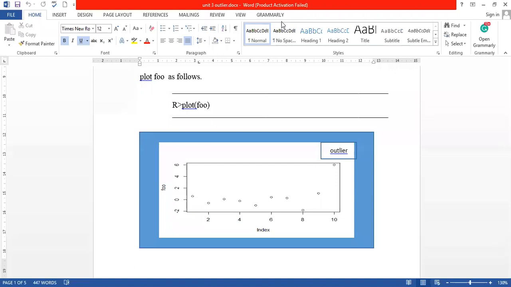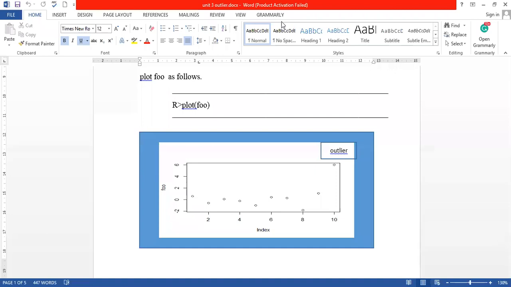You have to find out which data set you are working on, and if a particular value is an anomaly, an outlier, you can remove it or you may not remove it. It depends upon the situation you are working on. But outliers are those extreme values which do not lie within the data set.